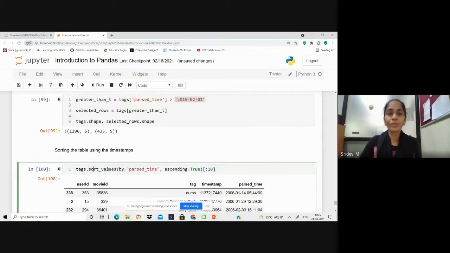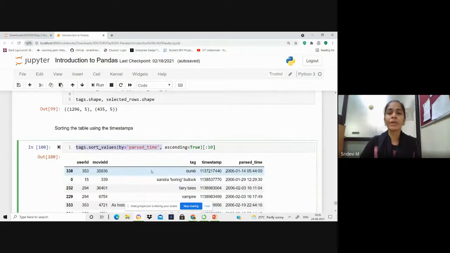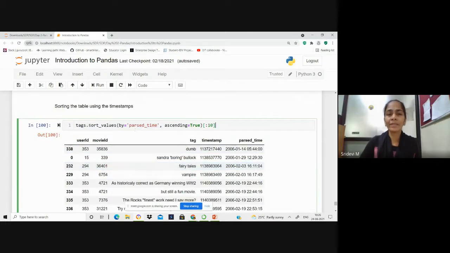If you want to sort the table values in the tags table with respect to parse time, so that the tags provided for the movies by the users are in chronological order, you can do that by basing your sort values method on the parse time column.